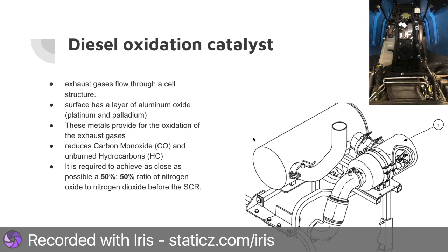The diesel oxidation catalyst, or DOC, has a cell structure that exhaust flows through. The surface is a layer of aluminum oxide coated with platinum and palladium, and these metals provide for the oxidation of the exhaust gases. In turn, this reduces carbon monoxide and the amount of unburned hydrocarbons. It is a required component to achieve as close as possible to a 50-50 ratio of nitrogen oxide to nitrogen dioxide before